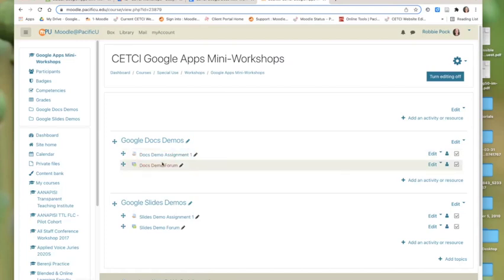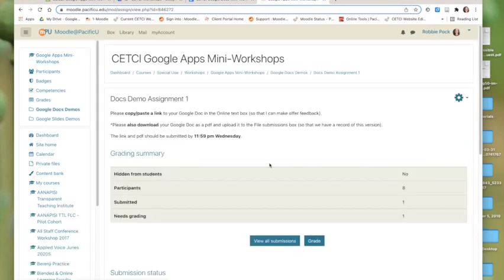This is a forum. If you are the only one who wants to see it and you're going to grade it, you can ask them to submit the Google Doc to an assignment. This is the instructions I put in here. It's 2 steps I want, and I actually have done this with students before. Please copy and paste a link to the doc in the online text box. So I enabled the online text box so I can offer